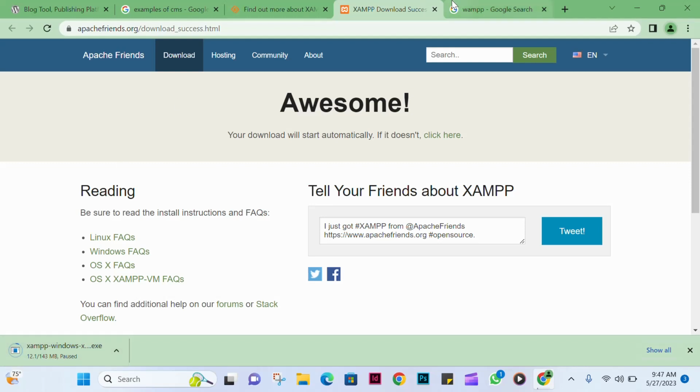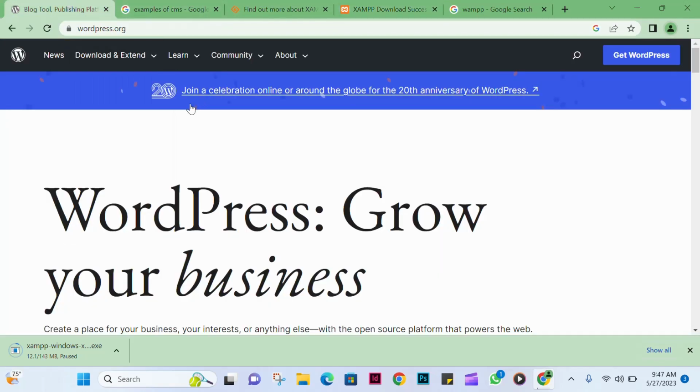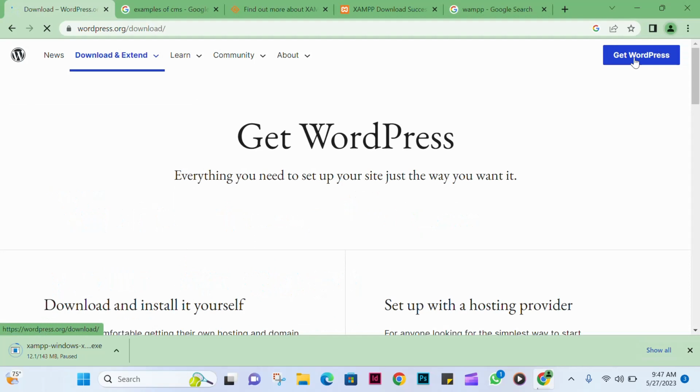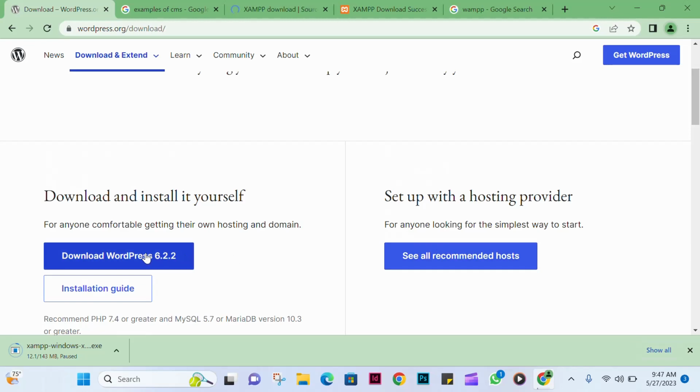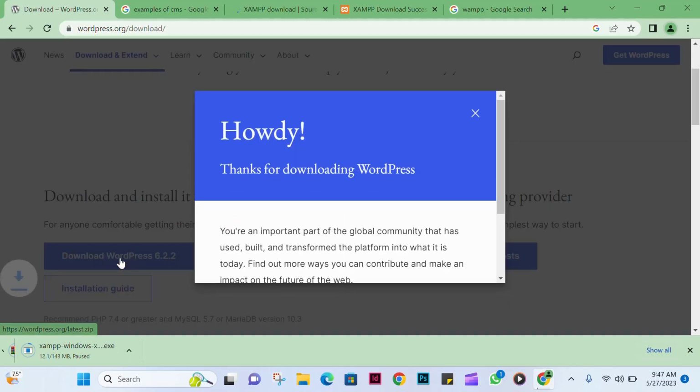Then we also come here on wordpress.org and we say get WordPress. After that you click download WordPress. It will start downloading. Let me download it because I don't have it.